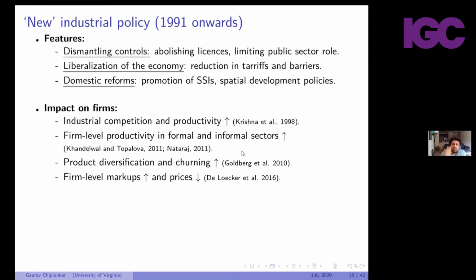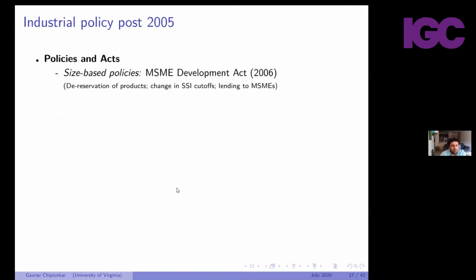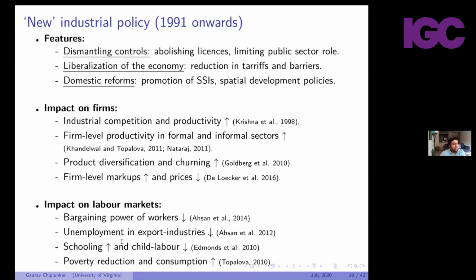So there are ways in which you can build an evaluation around this, trying to figure out whether you can quantify the impact of some of these large reforms. And some of these papers have been trying to do that. There was an impact on firms that people have studied. There's the impact on labor that people have studied, right? So what you basically find here is,